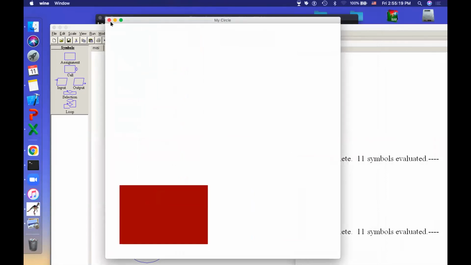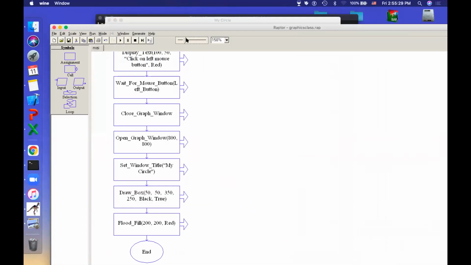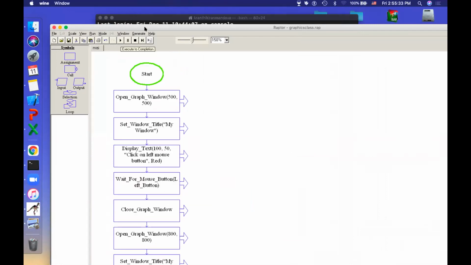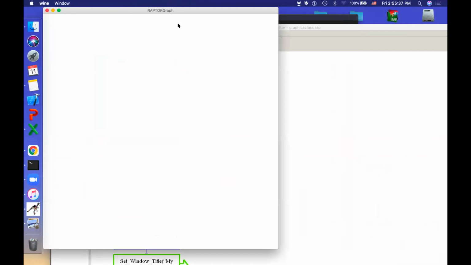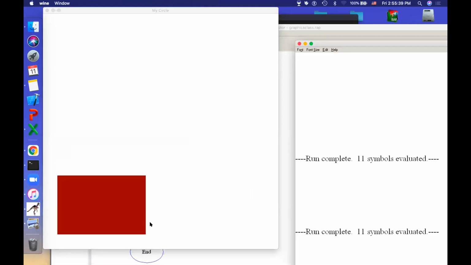Initially it was filled with black and then I have filled it with red. You can see the execution again if possible. Yes, it is black and then it is filled with red. So find out your exact coordinates and do that particular one.